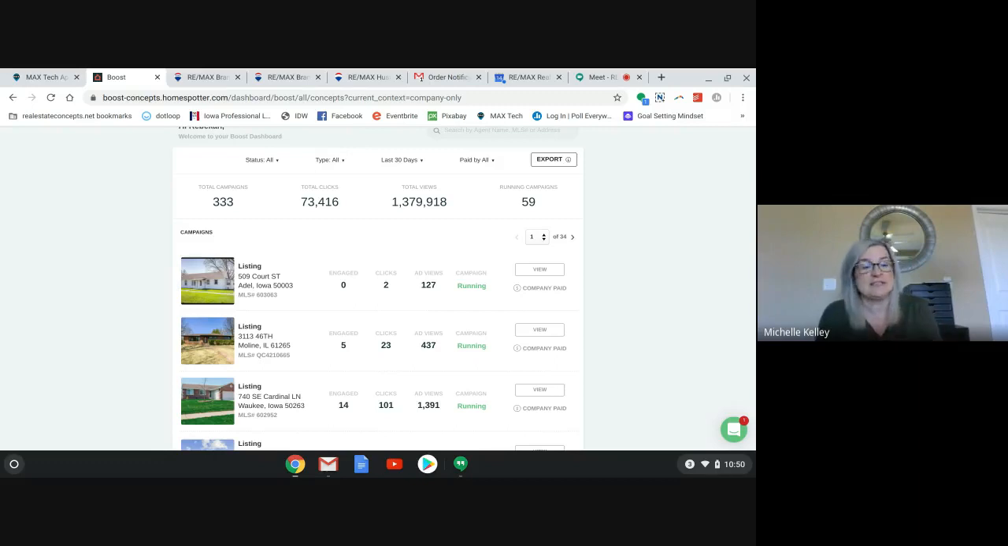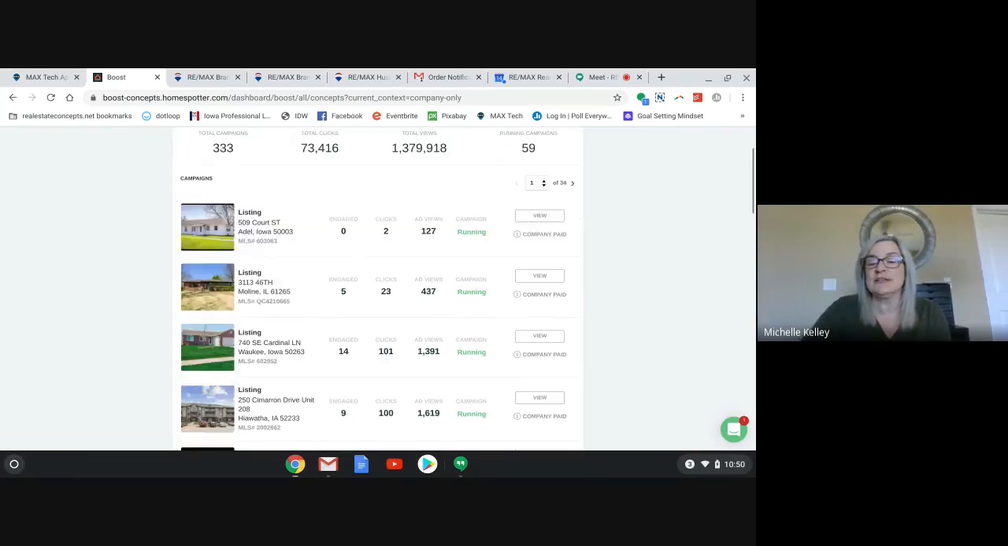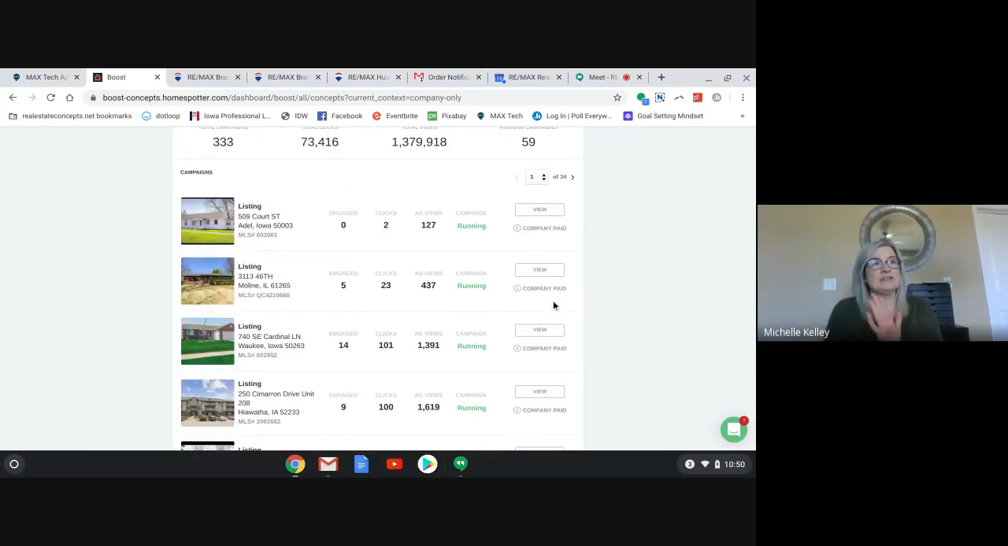Now, you'll need to have a listing in order for Boost to be a thing for you. And if it's co-listed, it goes to the first agent on the listing. So if you do click on it, you're able to go into your listing. You can see how many people were engaged, how many clicks it received, how many ad views it got, and you can see that it's company paid. Now, at the end of that week, if it's a listing that is getting a lot of views, a lot of clicks,